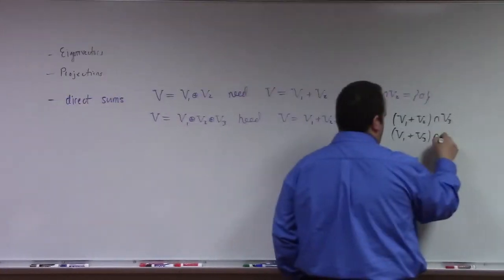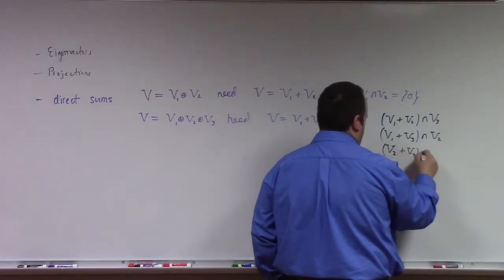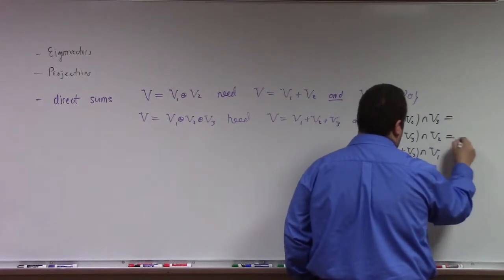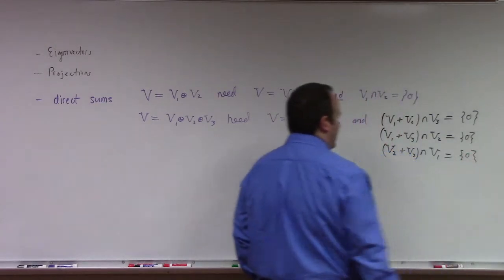What do we need? We need v equal to v1 plus v2 plus v3. Yeah, each pair intersects, right, so like v1 plus v2 intersect v3, v1 plus v3 intersect v2, and v2 plus v3 intersect v1. These are all 0. So characterizing independence of 3 subspaces is less pleasant,